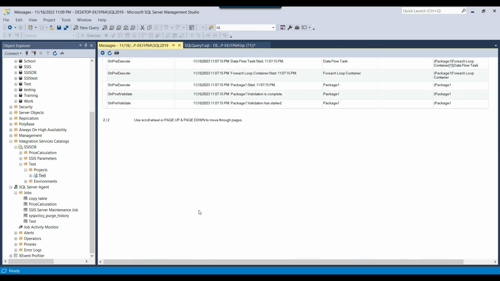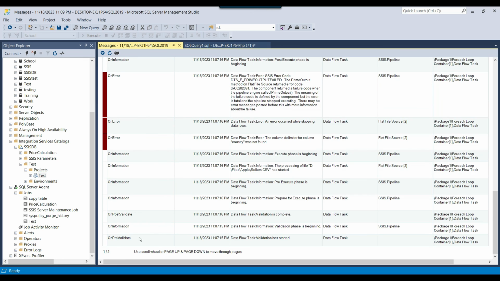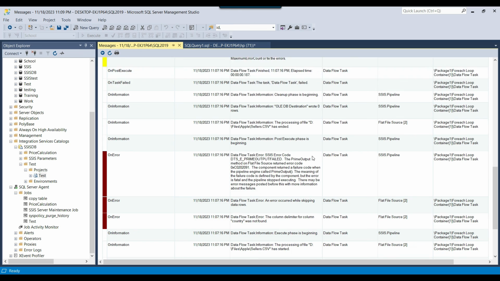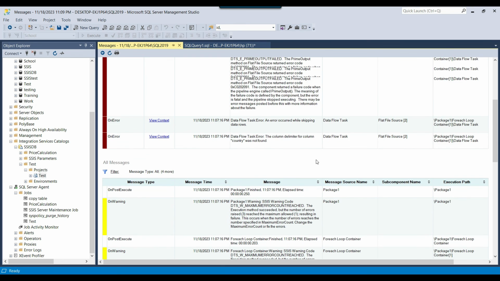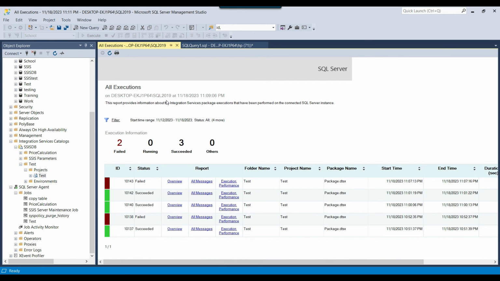You can see all the messages and all the events, like on pre-validate, pre-execute, on information, on post-validate, and then there is an on error event. So you can see all the events and all the logging here. This SSIS DB catalog is very good for looking at the failure messages and the successful